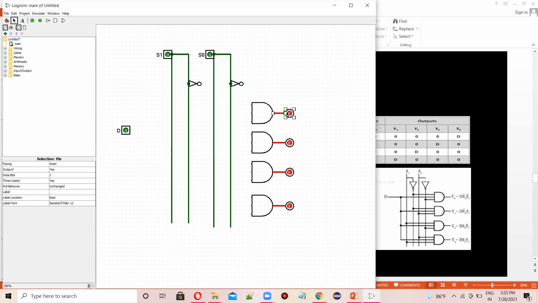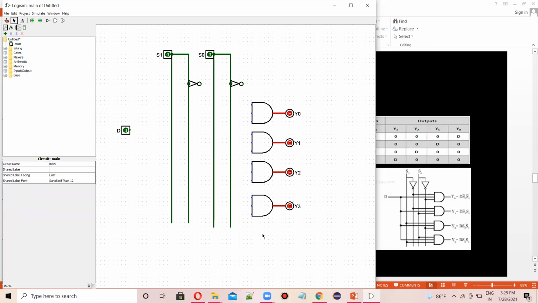Let's name the outputs: this as Y0, this one as Y1, this one as Y2, and this one as Y3.